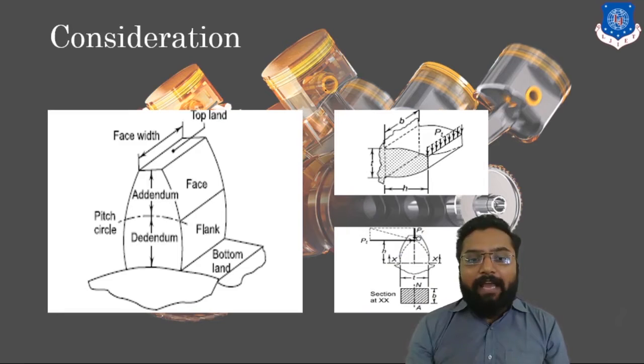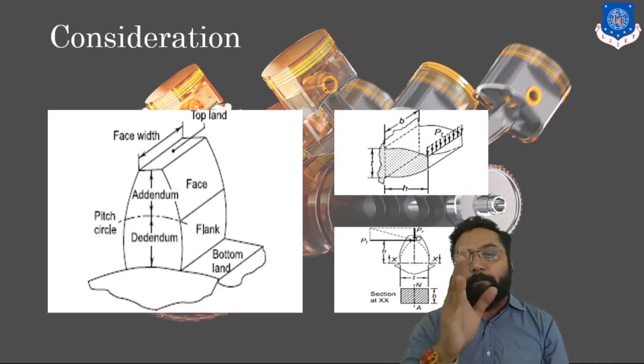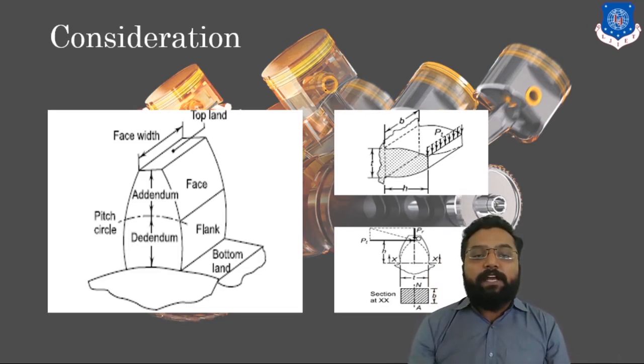We have to design our gear on these two criteria: bending stress as well as compressive stress. In compressive stress, it will show a good amount of strength against forces. But in the case of bending stress, it will always tend to be vulnerable. Clear? So let's discuss the different types of stresses which act upon our gear.